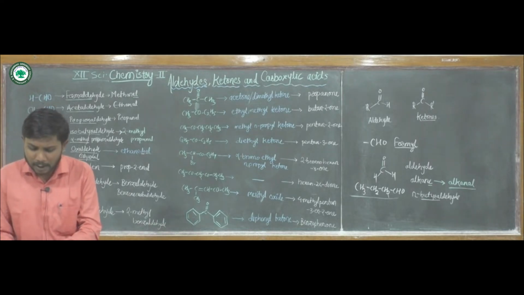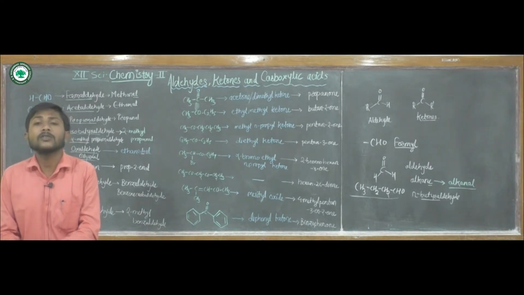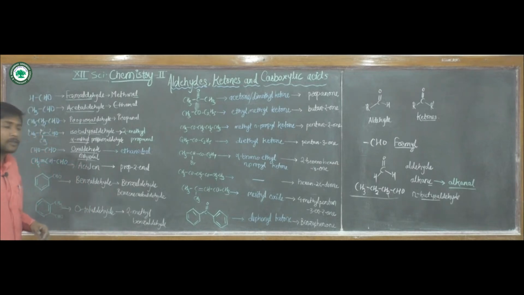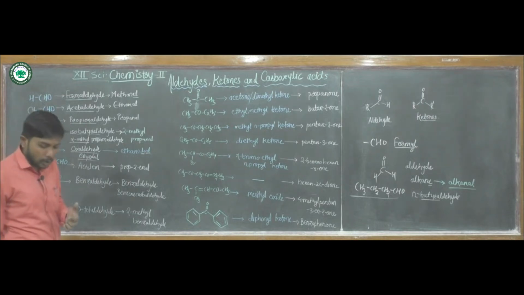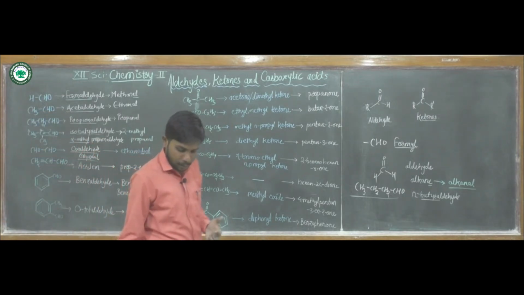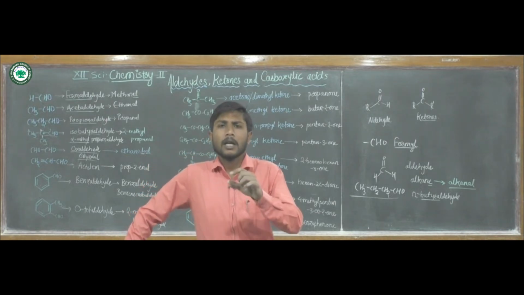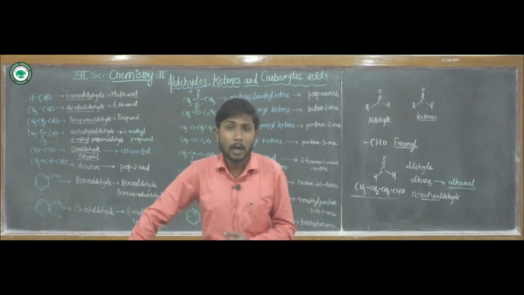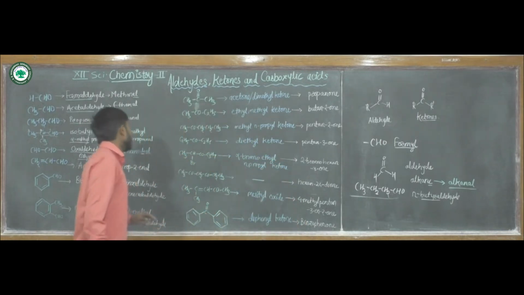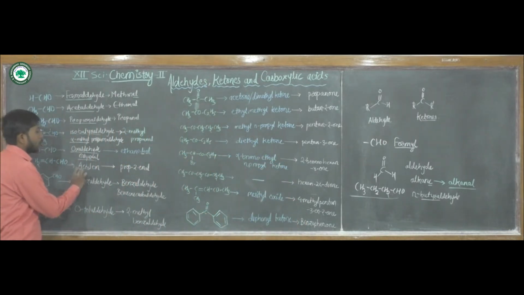Next, all these examples belong to the aliphatic saturated compounds. If we see an unsaturated compound, with presence of a carbon-carbon double bond, here the 2 functional groups, we can see there will be the influence of the carbon-carbon double bond also and presence of a carbonyl group also. In that case, its common name is acrolein.